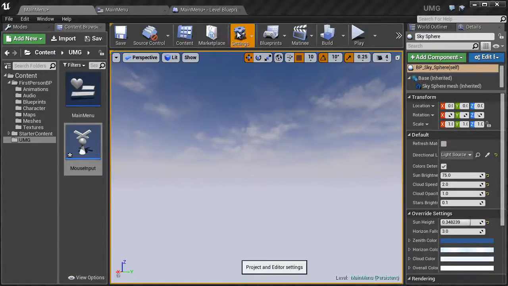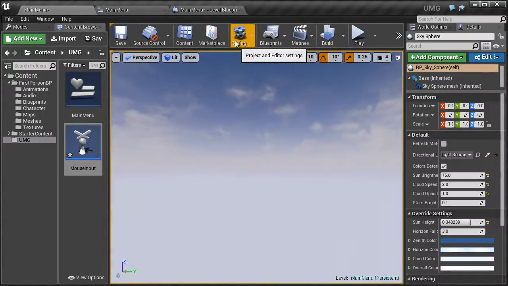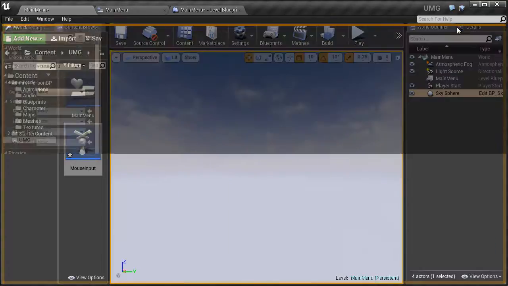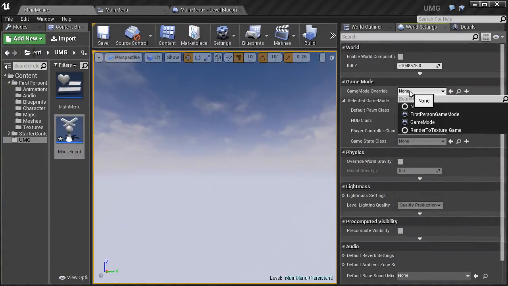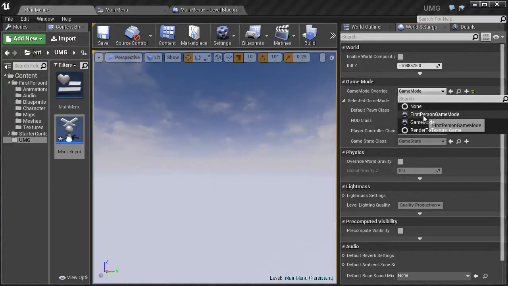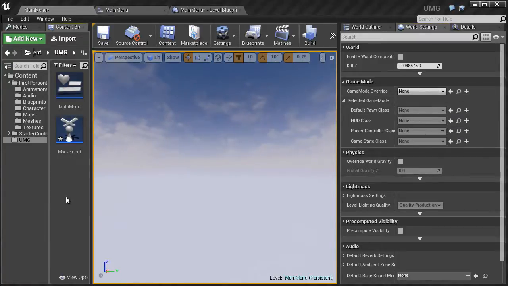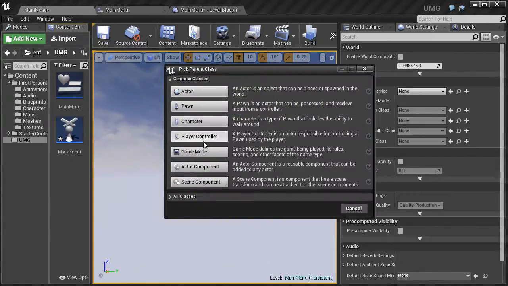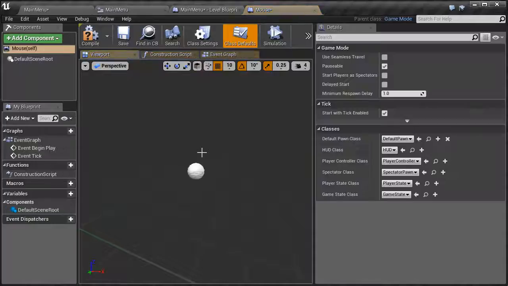Now to get that going, we want to go to the settings, because when we click play it still has that problem. So we're going to go settings, world settings, and then I'm just going to make that bigger, and then in game mode override, we can't click over any of these, and we don't want to change any of the first person game modes. So what we're going to do is, again in the content browser, right click, blueprint class, I'm going to go game mode, type in mouse, click enter,